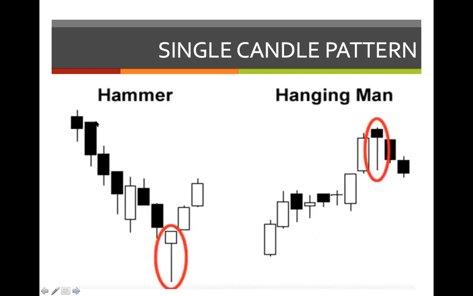Again, if the trend is falling and suddenly you see a hammer at the bottom of the trend, it signifies a reversal to the upside. And if price was climbing and you see a hammer at the top, it signifies a reversal as well. And what this simply means